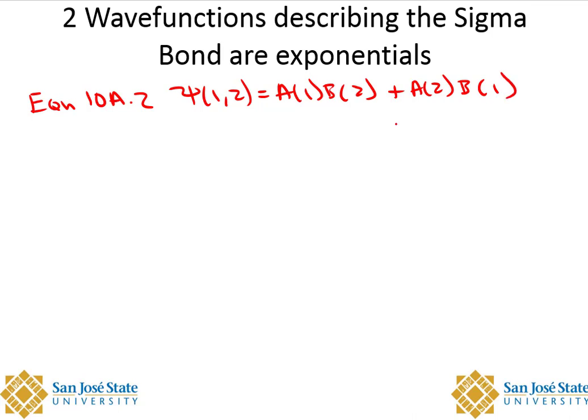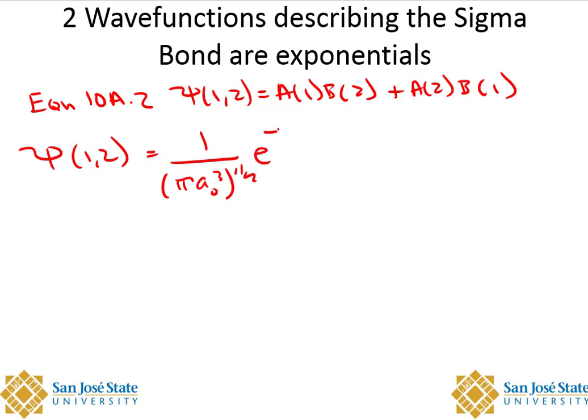Now if we were to expand this description, psi 1, psi 2, let's go ahead and spatially depict it as 1 over pi a naught cubed, taking the square root, e to the minus R A1 over a naught, times 1 over pi a naught cubed taken to the square root e to the minus R B2 over a naught